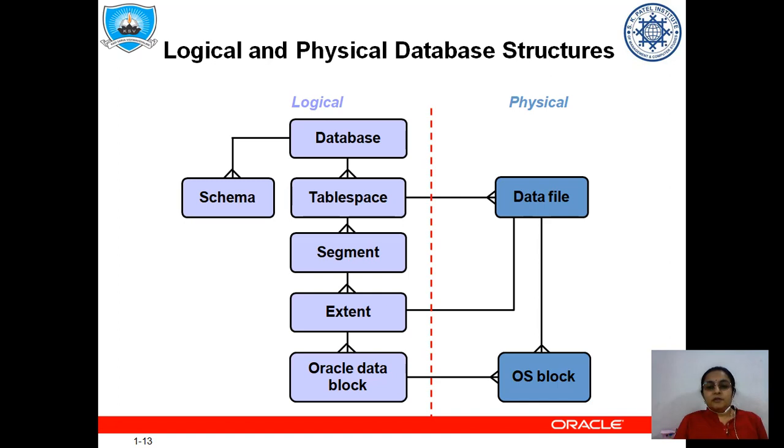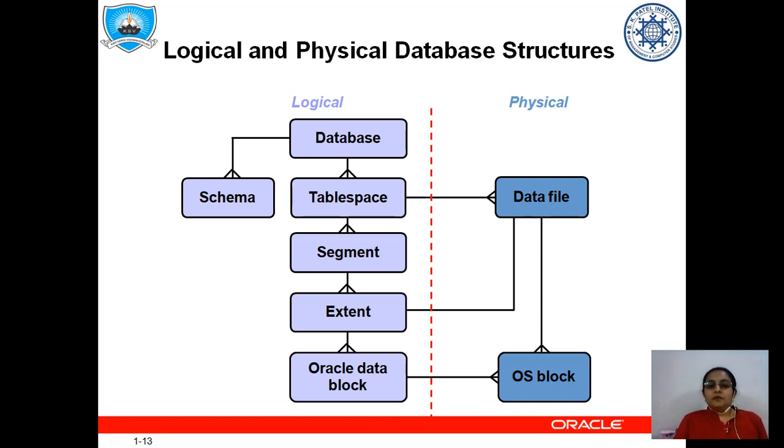The data file is one of the very important physical components of the database. The database is directly stored in the operating system. We are able to see it in the C drive or D drive where we have installed Oracle, but it is in an encrypted form. No one can directly open the data file and see the data, because Oracle stores all the data in the data file in an encrypted manner, but that data file is associated directly with the OS.